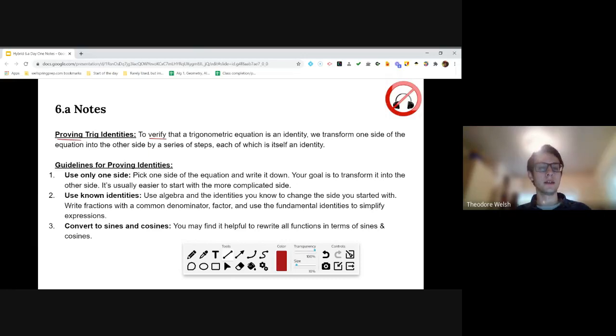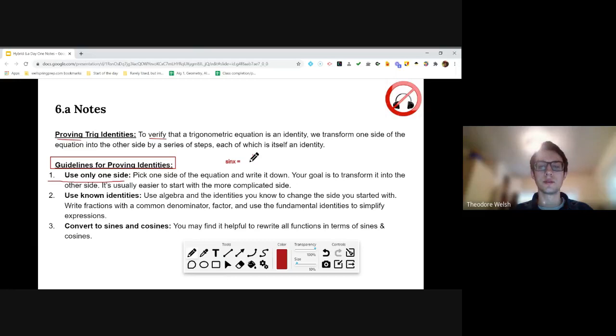So our guidelines, these are definitely the most important things for today. So understanding our guidelines and what we need to do to write proofs. So what I have bolded is definitely the most important pieces. So number one, only use one side. So if I'm asked to prove, you don't need to write this down, but if I'm asked to prove that sine equals 1 over cosecant,